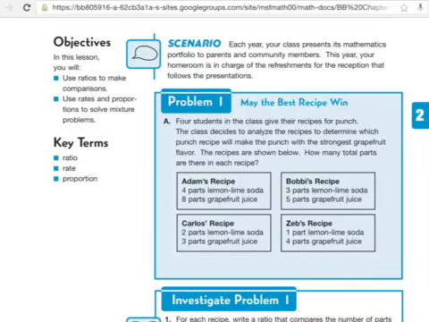Alright guys, so each year your class presents its mathematics portfolio to parents and community members, kind of like student-led conferences. This year your homeroom is in charge of the refreshments for the reception that follows the presentations. So 4 students in the class give their recipes for punch. The class decides to analyze the recipes to determine which punch recipe will make the punch with the strongest grapefruit